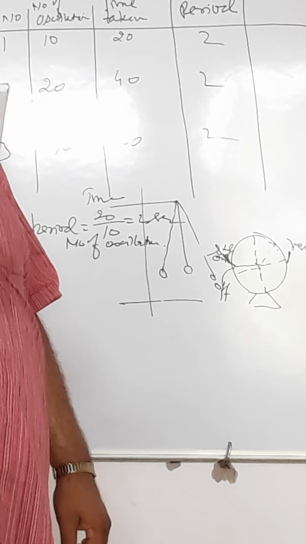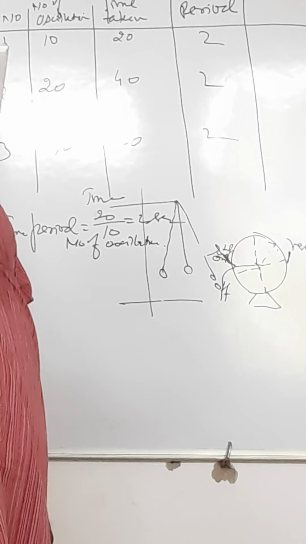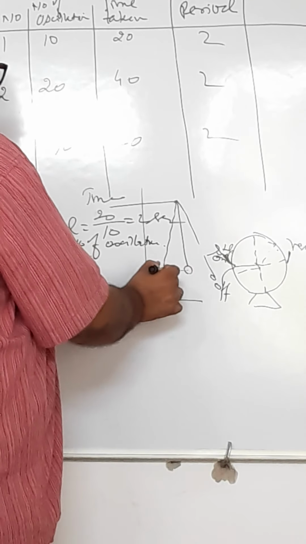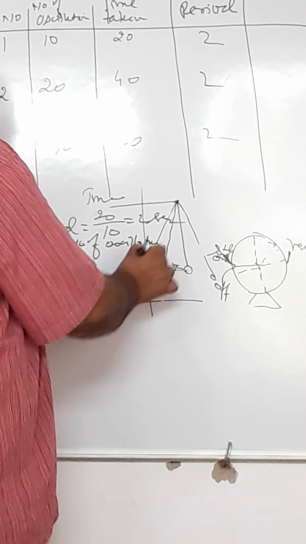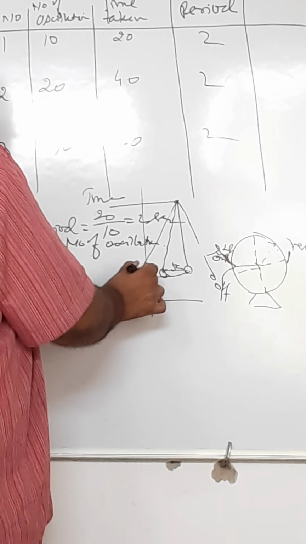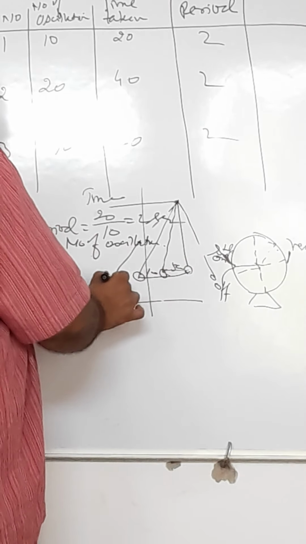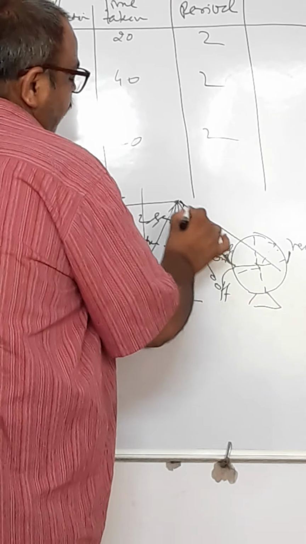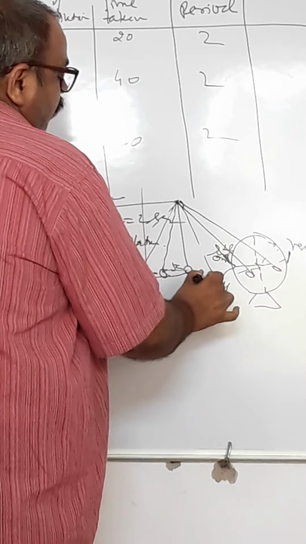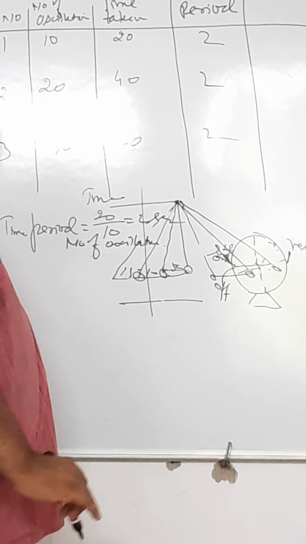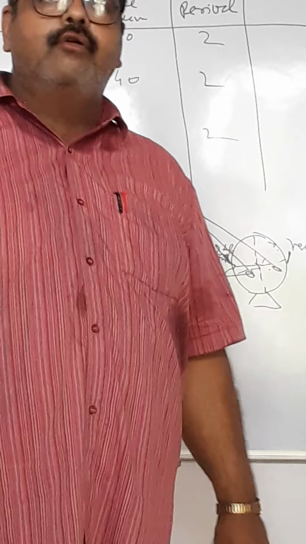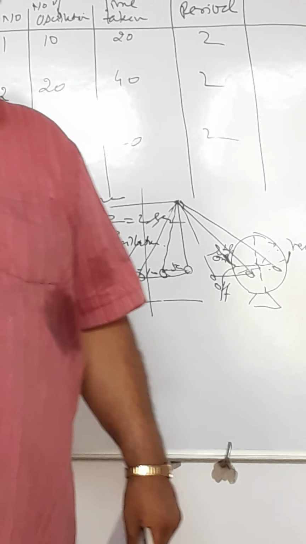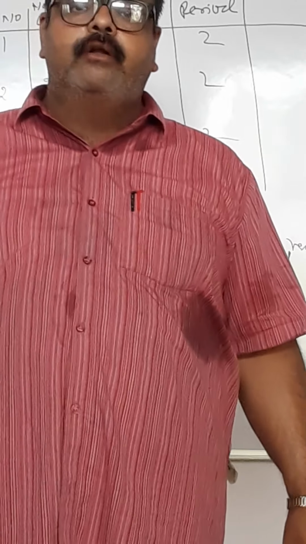Sixth point, short point. Time period of oscillation does not depend on the extent of the swing. Either I have taken 5 centimeter, it makes no difference. If a child has taken 10 centimeter, it does not differ. 15 centimeter, it does not depend on the extent. कितनी भी दूरी से आप oscillate कराइए, time period पर कोई फर्क नहीं होगा. Time period does not depend on extent of the swing.